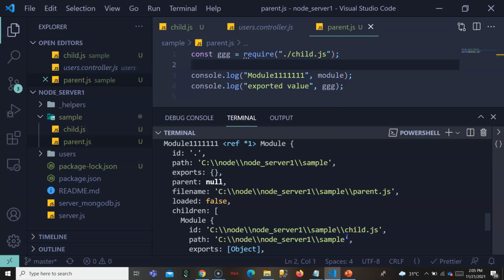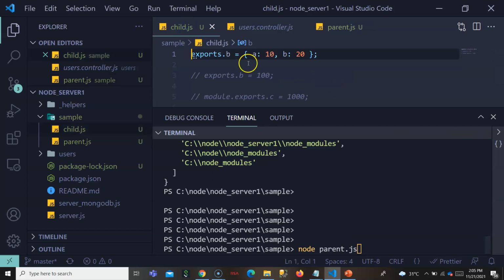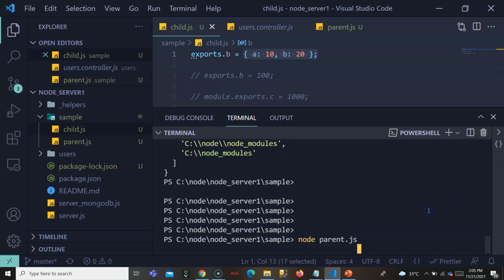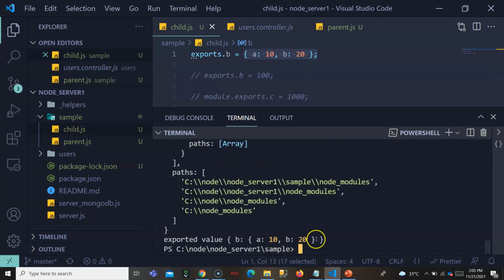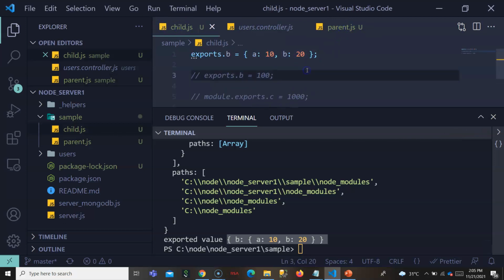Now let's run node parent.js. Now we should be able to see this got exported, because it got exported from the child, and the parent is able to see that exported value.